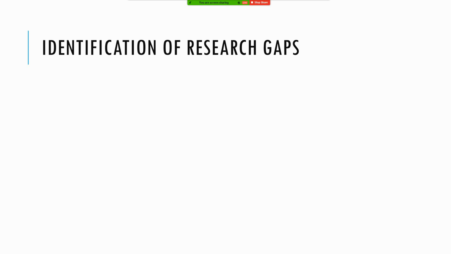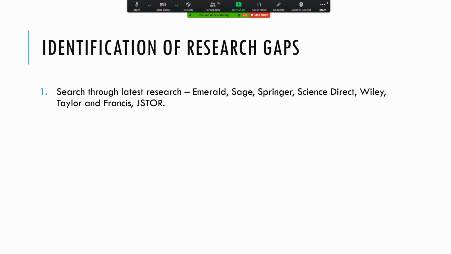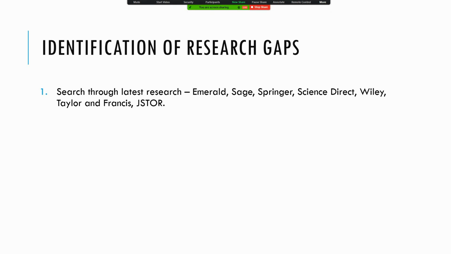How do we go on and identify the research gaps? You search through latest research in Emerald, Sage, Springer, Science Direct, Wiley, Taylor & Francis, and JSTOR. If you are conducting business research, these are the top ranked databases that have got top ranked peer reviewed journals. You identify the explicit gaps. For starters, if you have recently started research, this is a good point to start. You read existing papers, latest research, and identify what those researchers have done and what they have identified as a